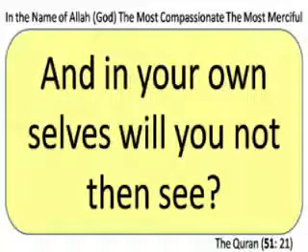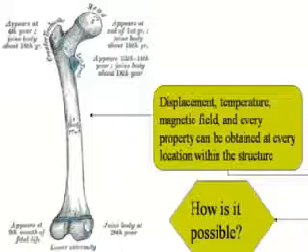So let's start. If we ponder upon verse number 21 of chapter 51 of the Quran, which states, "And in your own selves will you not then see?" The verse once again, "And in your own selves will you not then see?" So Allah Almighty urges us to ponder and reflect upon the creation of our body, how He created the human body. Now if we ponder upon how Allah created the thigh bone, called the femur, and look at this bone, we see that it has curvature. It's not a simple structure to analyze using the equations we know.